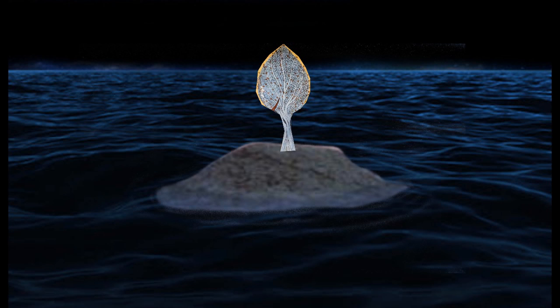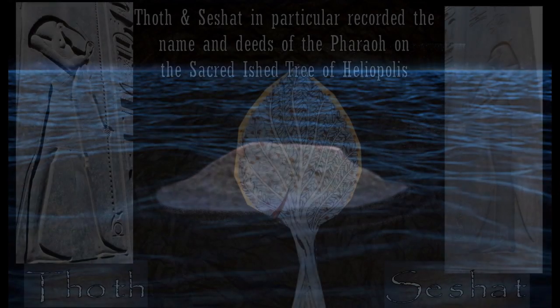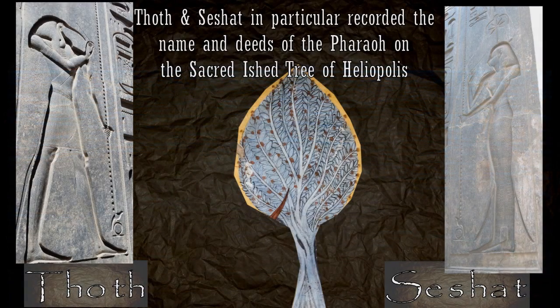But it is also the point upon which the sacred Ished tree grew. So the Ished tree of Heliopolis is at least the highest, if not the most important, of these sacred trees. There were several sacred Ished, the sycamore trees, across Egypt. However, the Ished tree, the sycamore at Heliopolis, is really important in this sense, because especially in regards to keeping